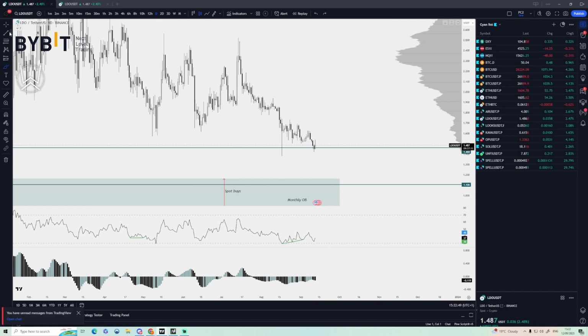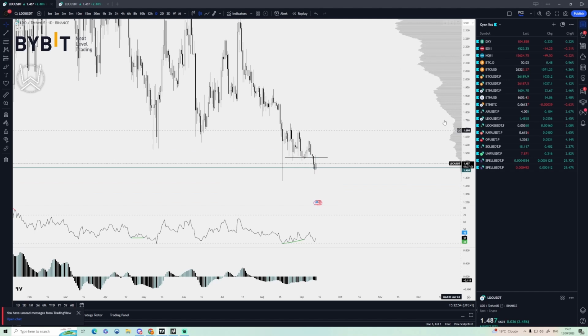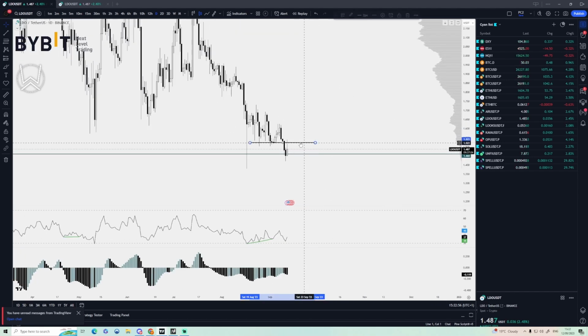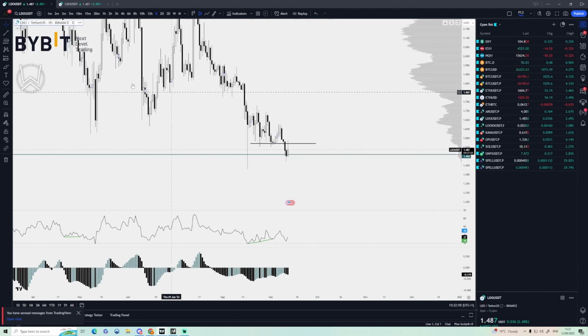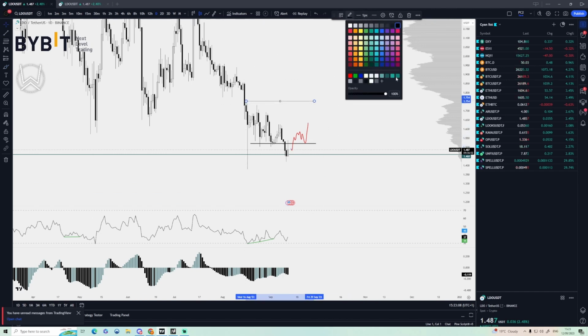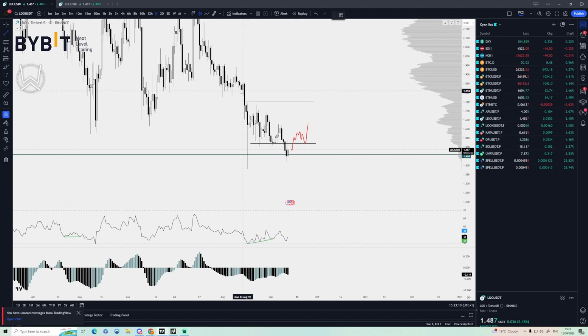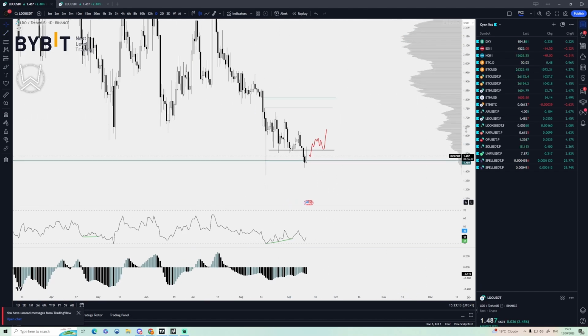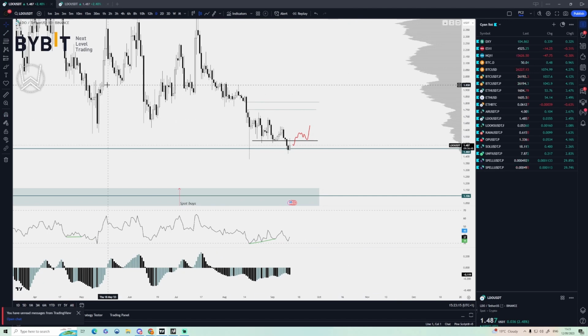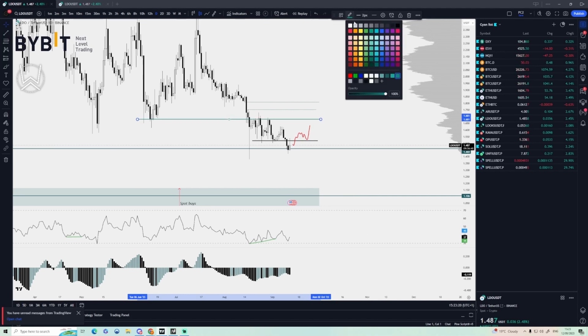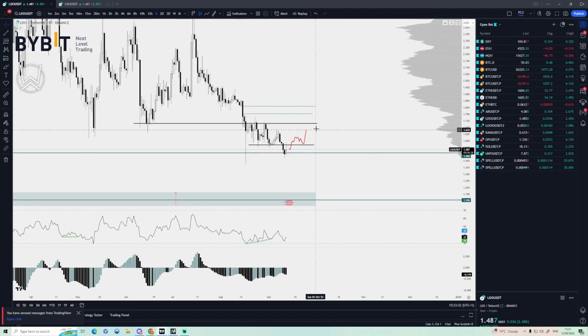I think if this momentum divergence was going to play out, I'd look for something along the lines of this on the daily chart. A reclaim of this 1.52 area. You could probably look for a move towards this daily fair value gap above, I think, around here. Clearly a strong SR level here, right? So you could probably look at,